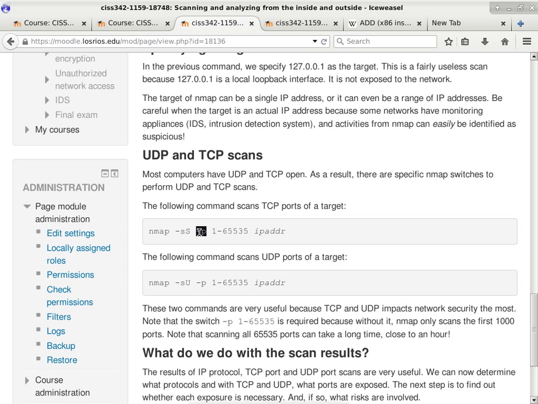We typically scan from port 1 to 65,535, and then you specify the IP address. By changing the range of the numbers, you can speed up the scan. If you say, I'm not interested in this range of port numbers, you can just scan from 1 to 4,095. That will speed up the scan because it's not going to scan the other 60-something thousand ports.